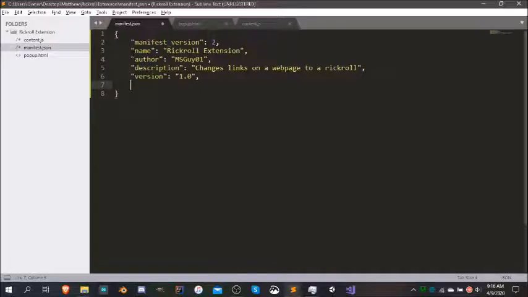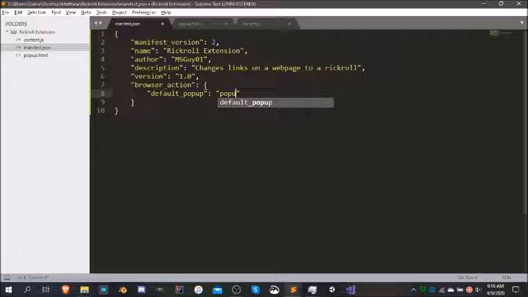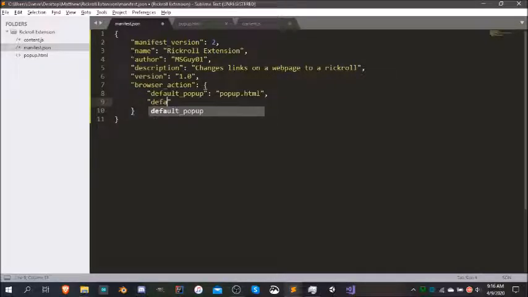And now I'm going to put browser action, and this is the pop-up. And so I'm going to put default pop-up, and then the file we created, popup.html, and then default title Rickroll,